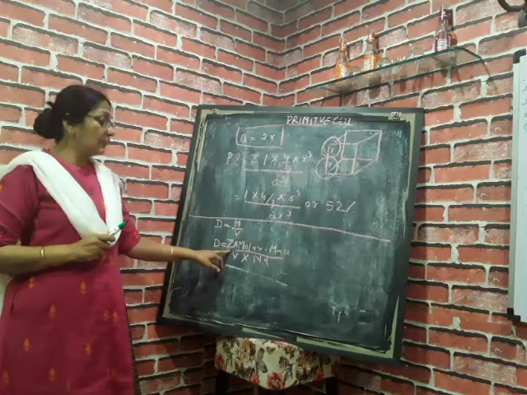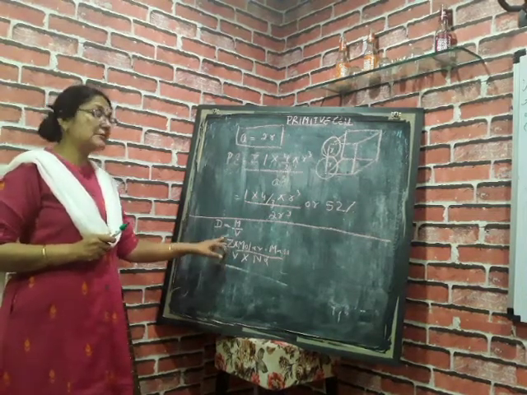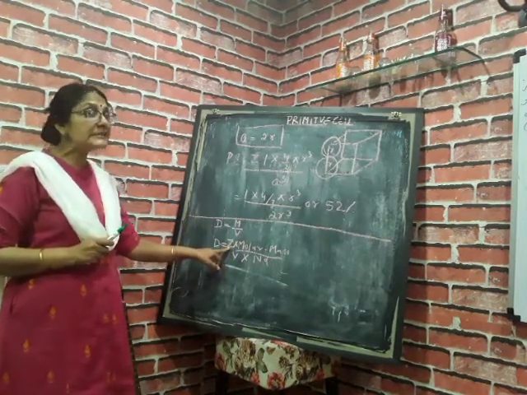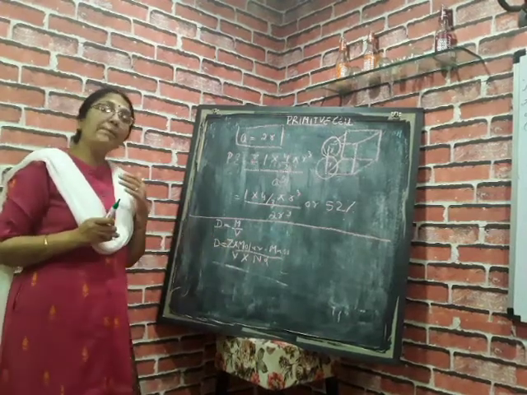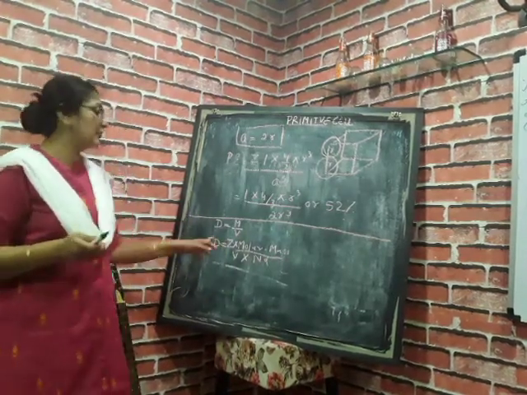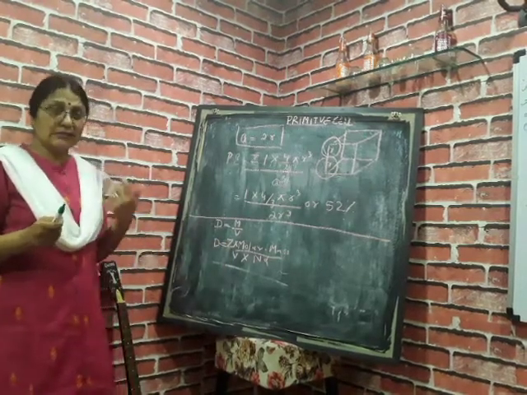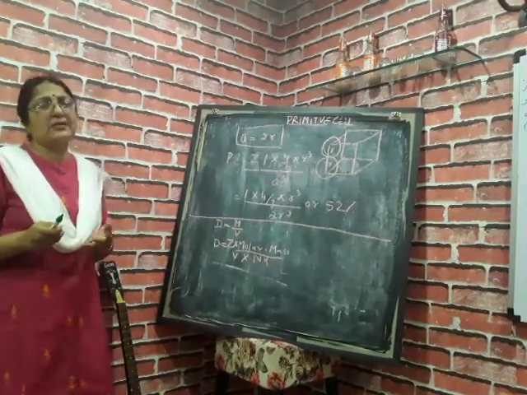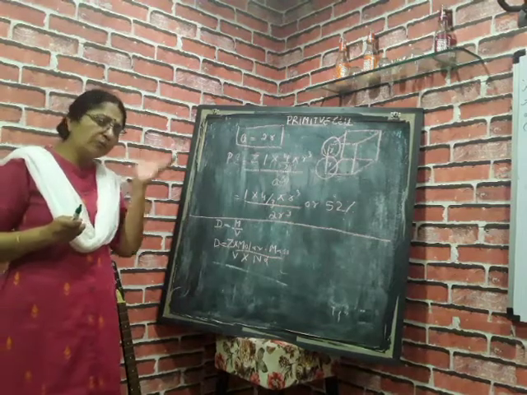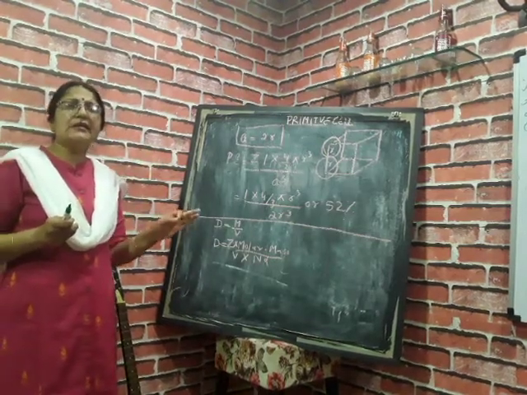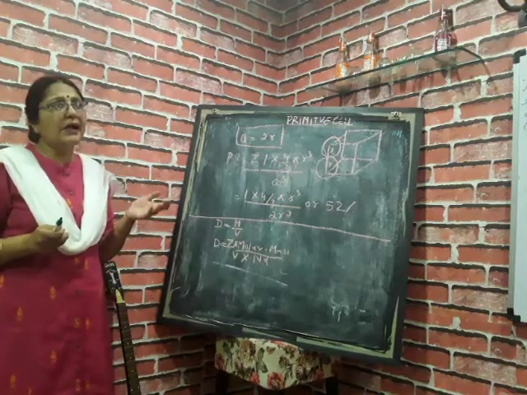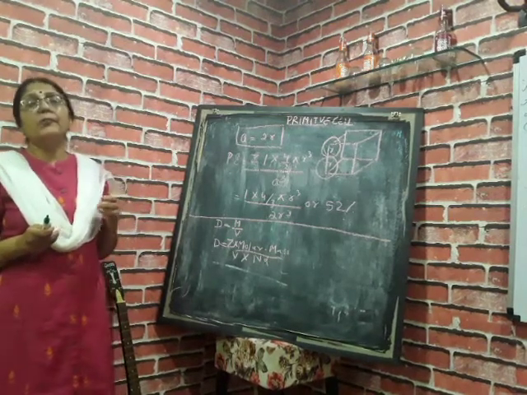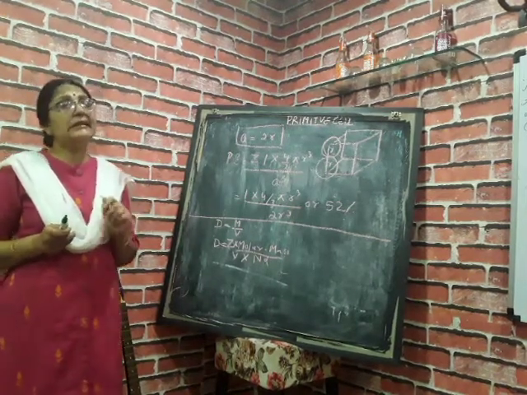The number of atoms per unit cell is determined by Z. For FCC, I will write 4. For BCC, I will write 2. And for simple unit cell, that is primitive, I will write 1. By the time we have completed this topic, I have revised this term so many times. By now, it must be fixed in your mind that for primitive cell, the contribution of atoms is 1, for cubic close packing, 4, and for body centered unit cell, it is 2.